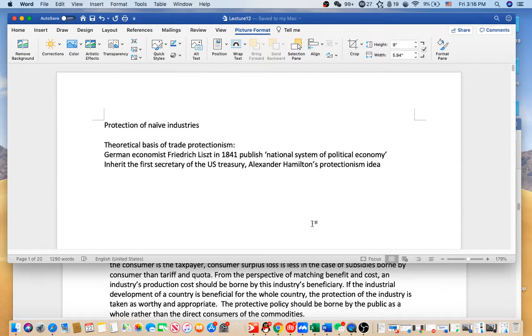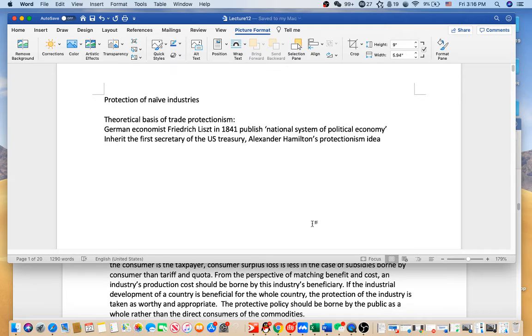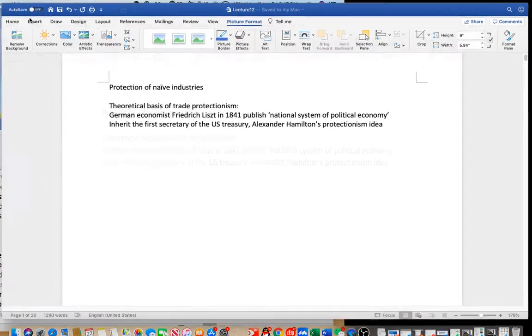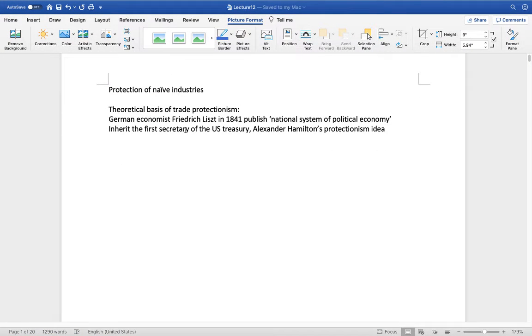And next, we'll give an idea about what the infant industry is. The protection of infant industry is fundamental for trade protectionism. The theoretical basis of trade protectionism was established by the German economist Friedrich List in 1841 in his literature named National System of Political Economy,